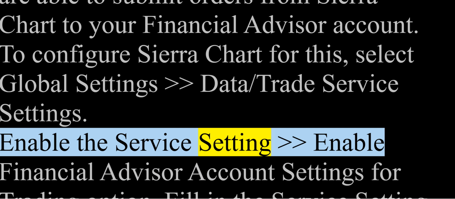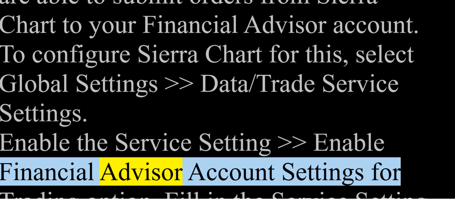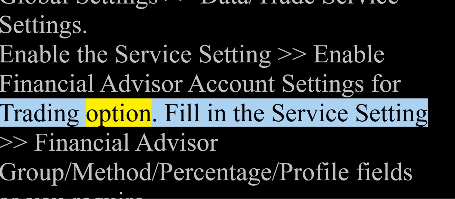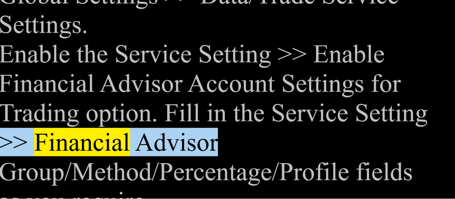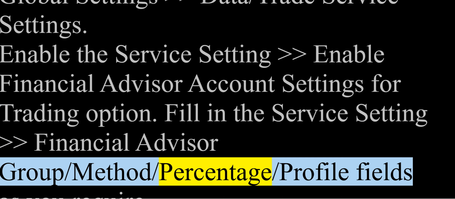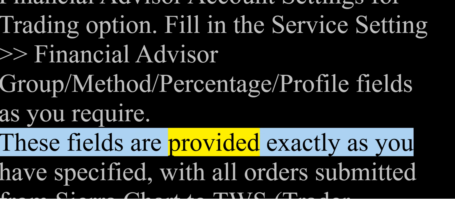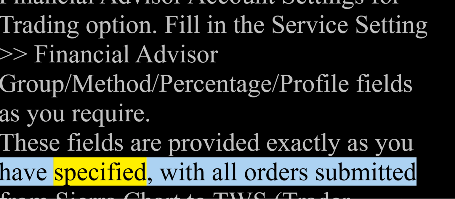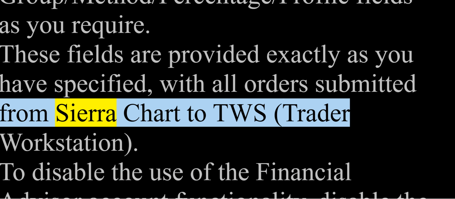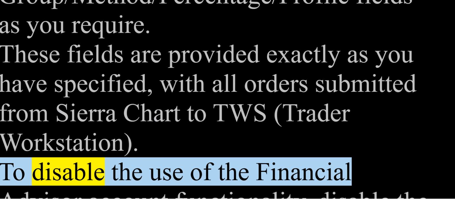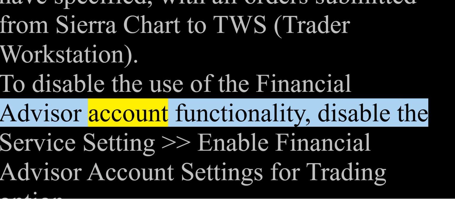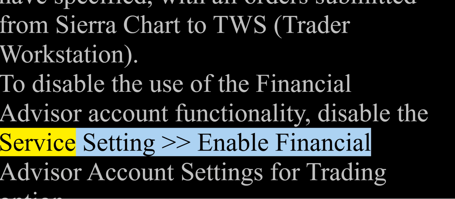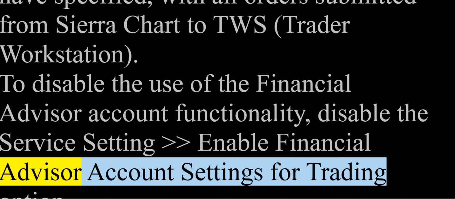Enable the service setting, Enable Financial Advisor Account Settings for trading option. Fill in the service setting Financial Advisor Group, Method, Percentage, Profile fields as you require. These fields are provided exactly as you have specified, with all orders submitted from Sierra Chart to TWS, Trader Workstation. To disable the use of the Financial Advisor Account functionality, disable the service setting or Enable Financial Advisor Account Settings